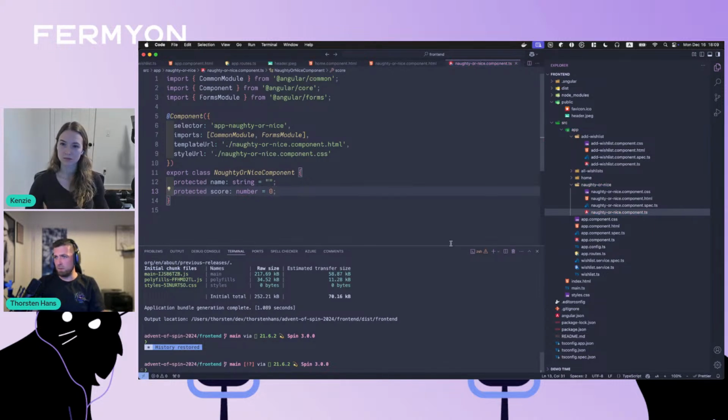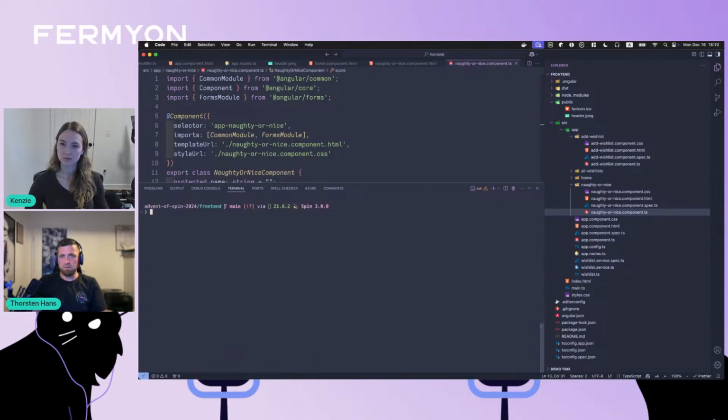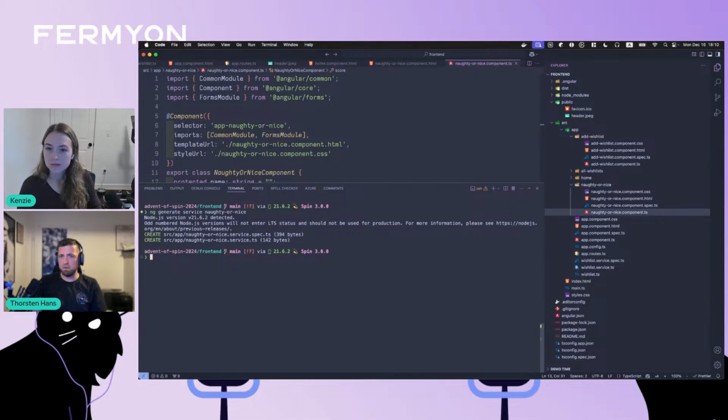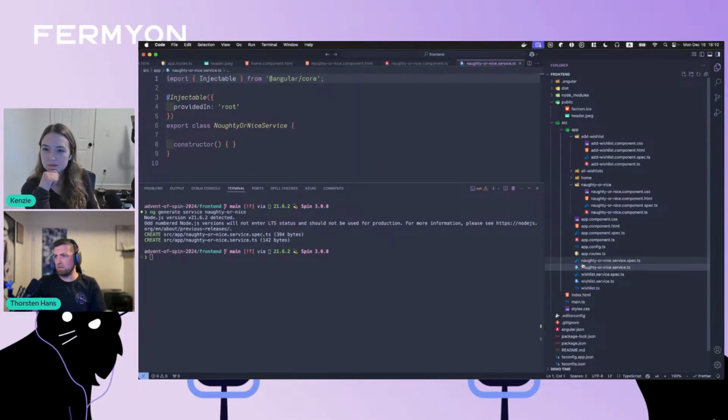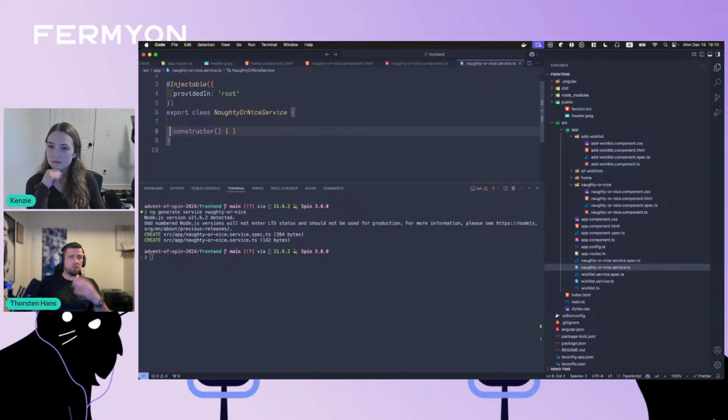So somehow we have to communicate from the front end with the back end. This is usually in Angular done by using services. So we say generate service naughty or nice over here. This adds a new TypeScript class called naughty or nice service. And the naughty or nice service will, like the wishlist service we had before, send an HTTP request